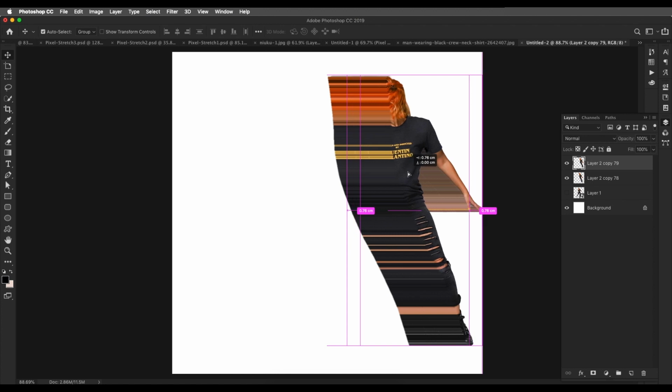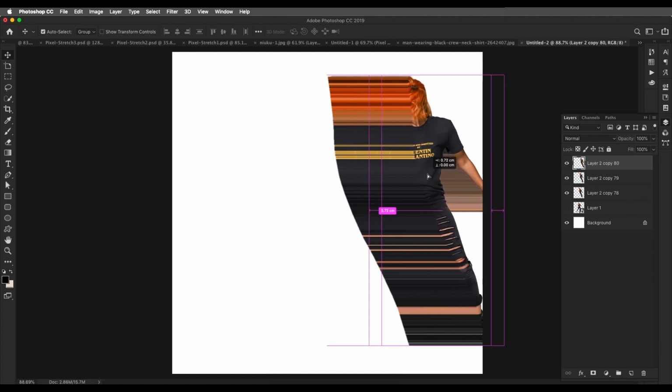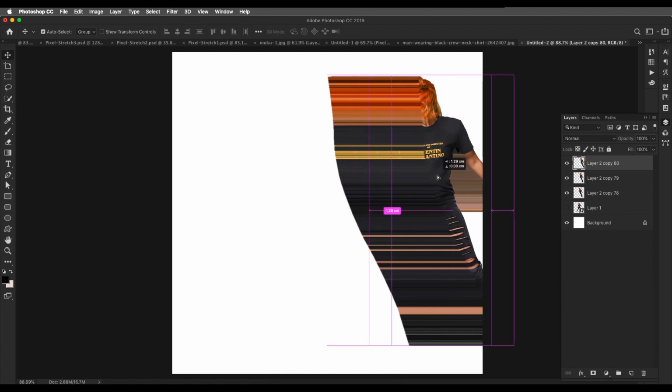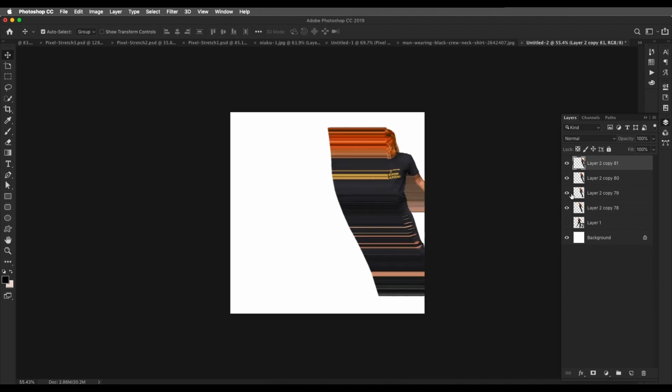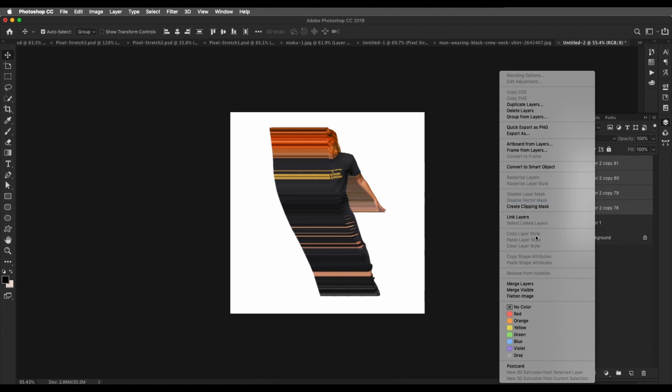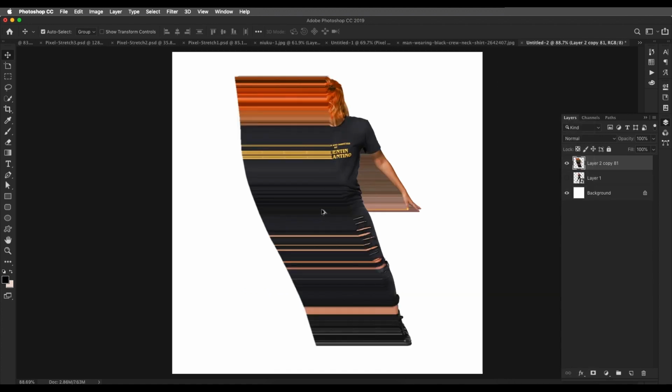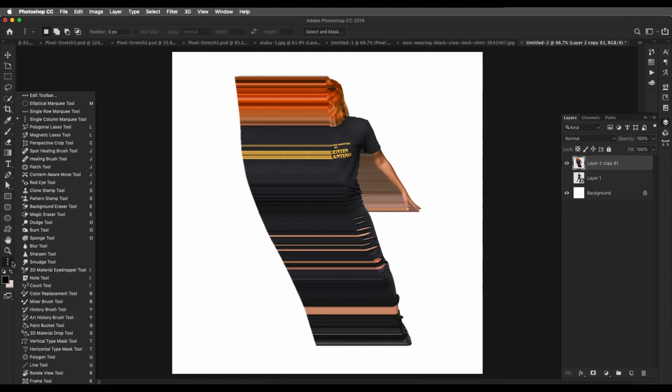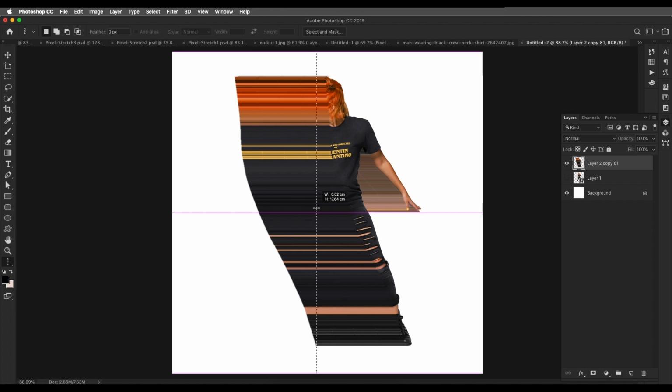Do multiple duplicates for this. One more duplicate like this, and enter. And I'll select all these layers, bring it to the center, and just merge the layers. And if I again go in there and select the single column marquee tool, you can select a single line